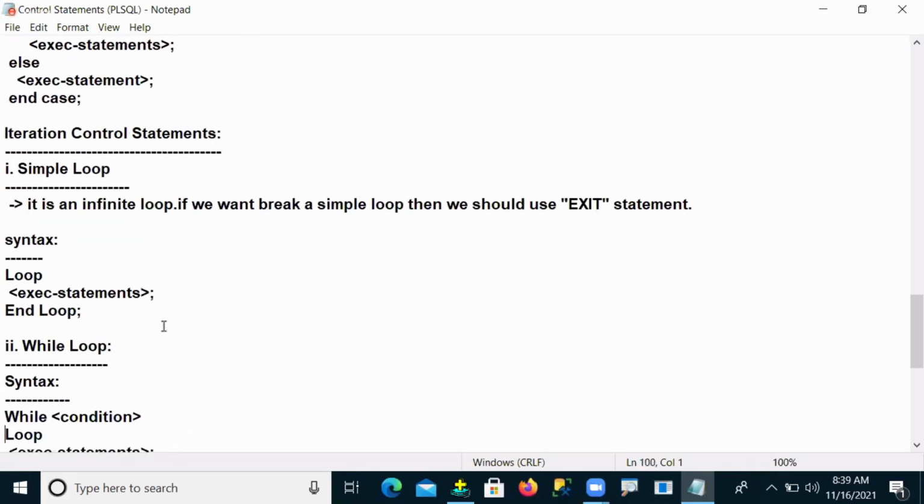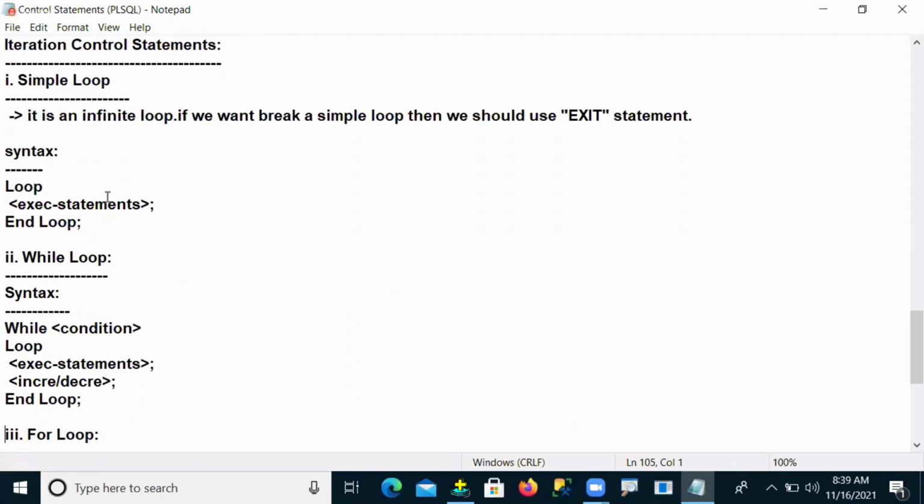Now come to iteration control statements. The first one is called a simple loop. A simple loop is called an infinity loop. Why, sir? Infinity loop means whatever logic I write under the simple loop will be executed infinity times. That means there is no breaking, no stoppage.